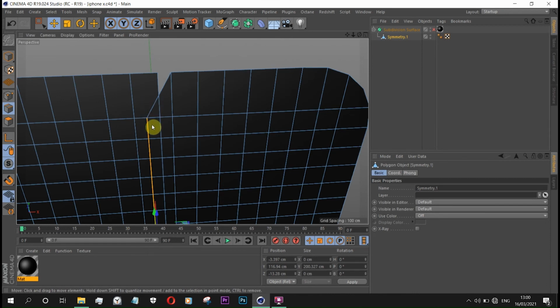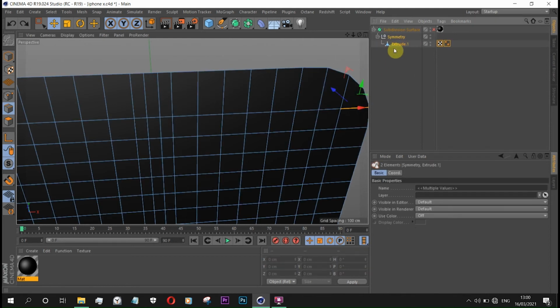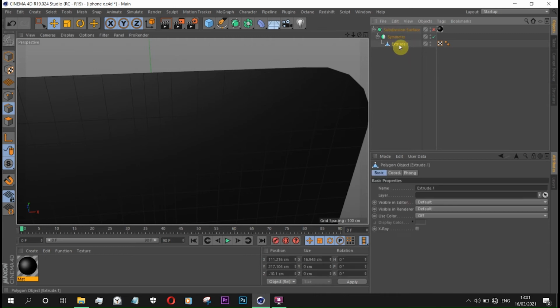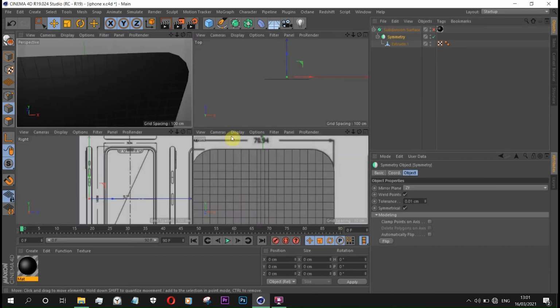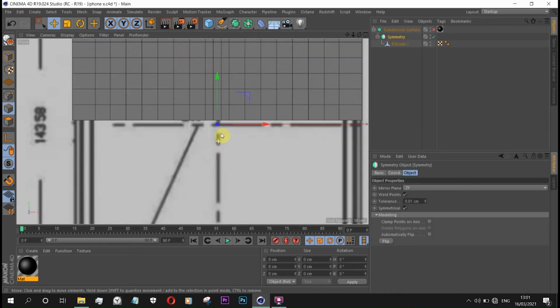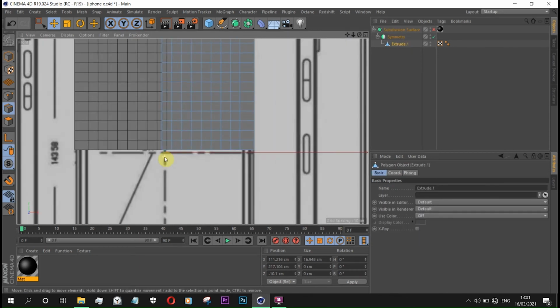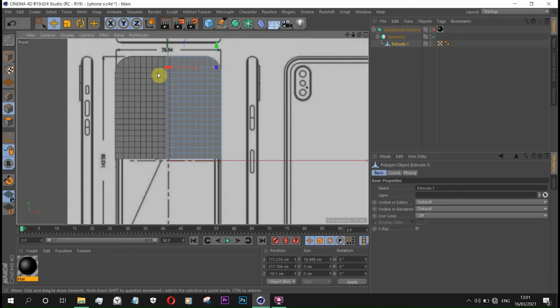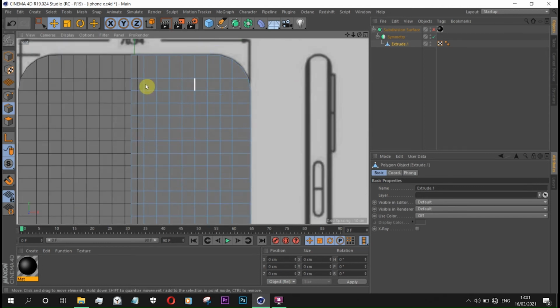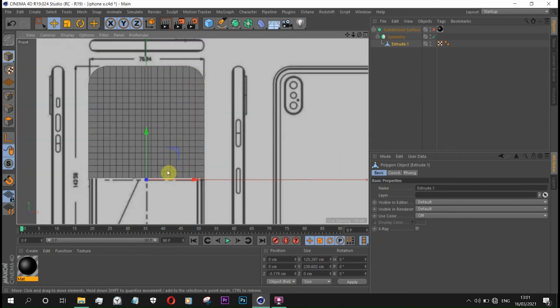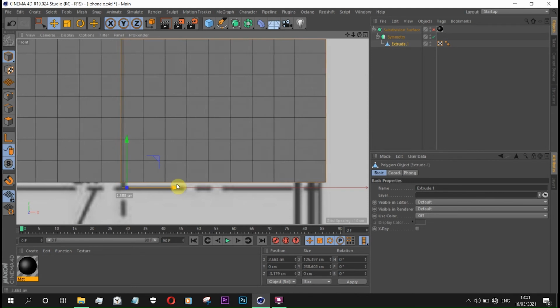Oh, there's something wrong here. Okay, the symmetry was so much, so we can undo it so we can fix the symmetry very well. So click on symmetry. Our symmetry is kind of wrong, so our object,